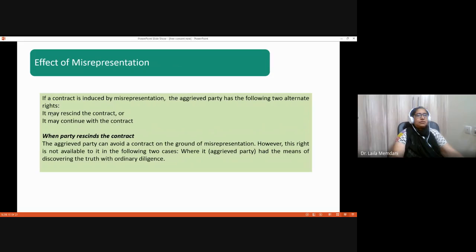Now, coming to the effects of misrepresentation, if a contract is induced by misrepresentation, the aggrieved party has two options: may rescind the contract or may continue with the contract. That is, the contract is voidable at the option of the aggrieved party. When the aggrieved party avoids the contract, rescinds the contract, he doesn't have the right when he had the means of discovering the truth with ordinary diligence, which we have already discussed,